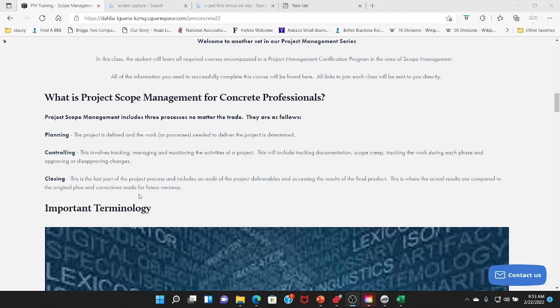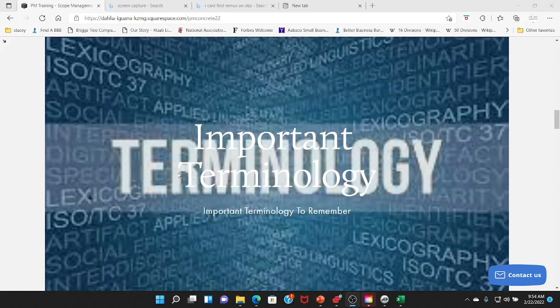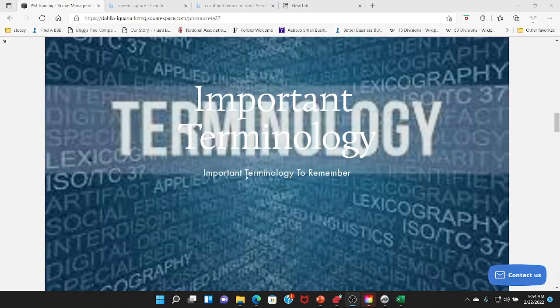This is the last part of the project process where we include the audit of the deliverables and looking to see if our result came out as we initially planned. And so, again, we're going to break this class up into about six or so, or maybe more, depending, individual videos where you can review each one individually or go back and review them as we take the class. But here we just want to talk about some important terminology that we want you to certainly remember and make sure you keep in mind when we're talking about